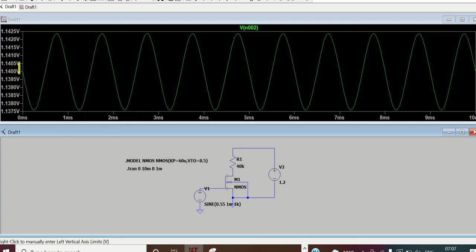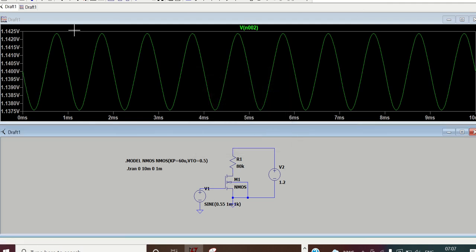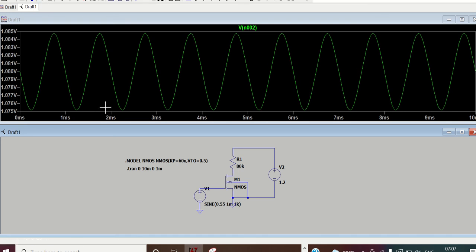Okay, so I am giving 1.4 to 1.42 times. I'm getting the gain. Is it 1.420? Okay, let me further increase this. Okay, so there is some gain. I'll show you what we are seeing.